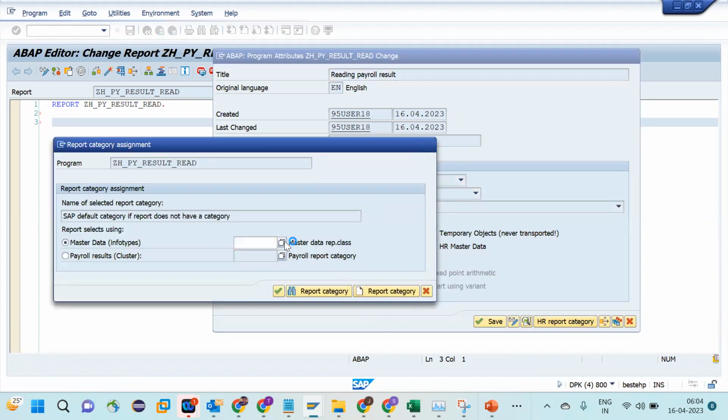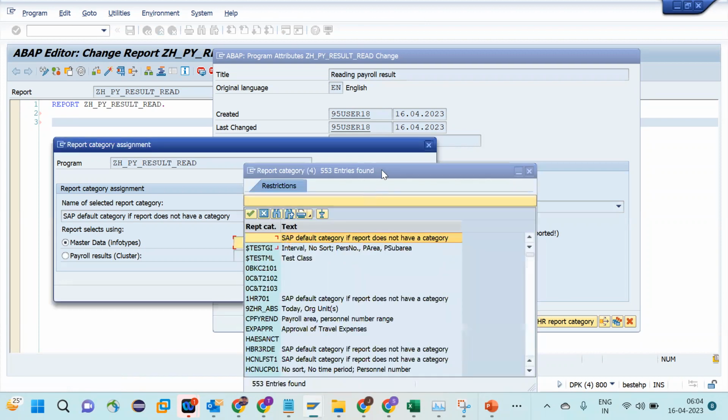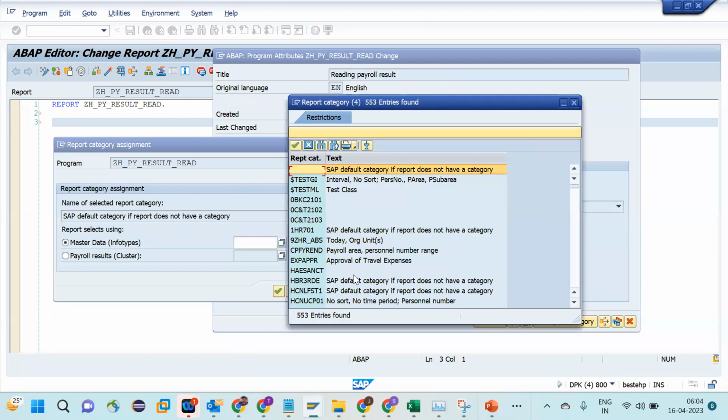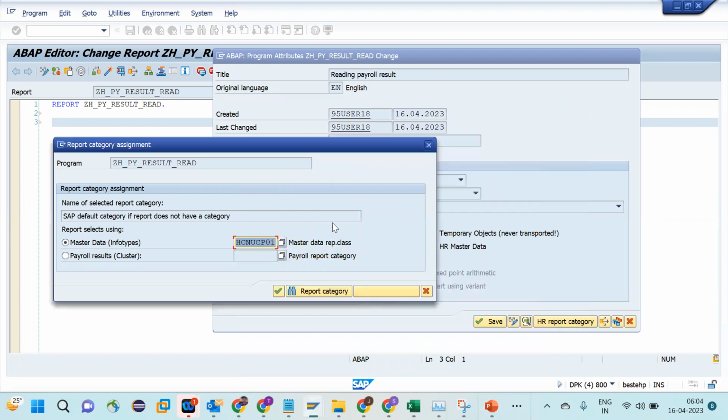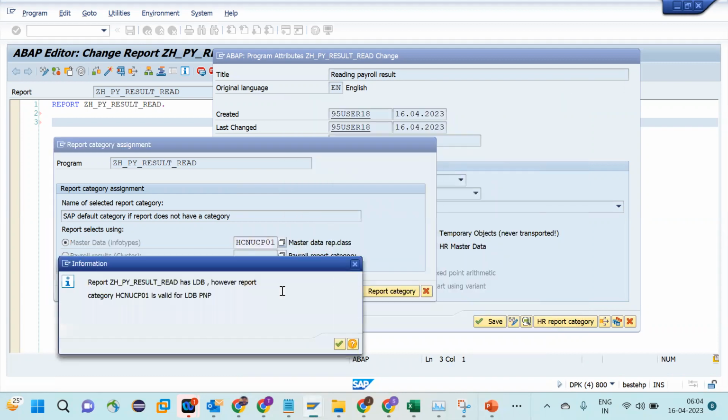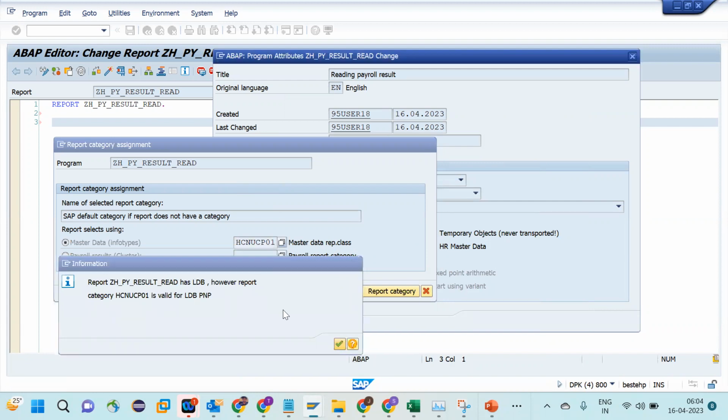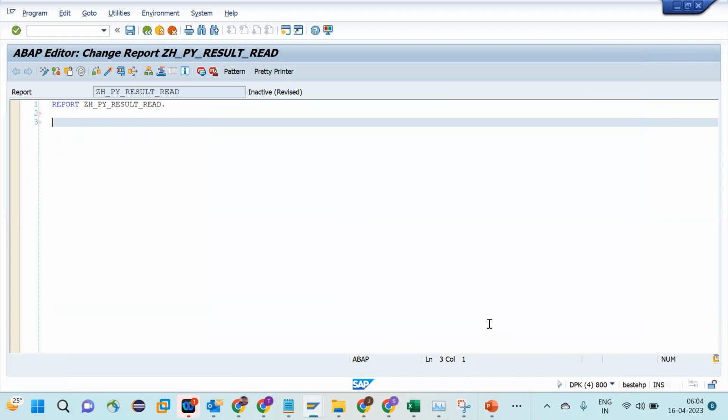Even you can develop yours, but it is optional. We can use. Let me make it very simple. I'll take only employee number to make this program simple. For the employee number, I want to read the payroll result. Okay. First is